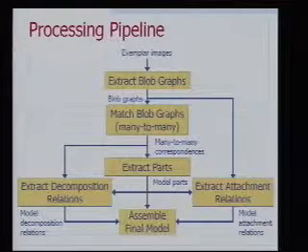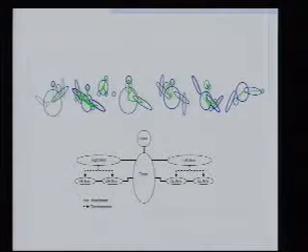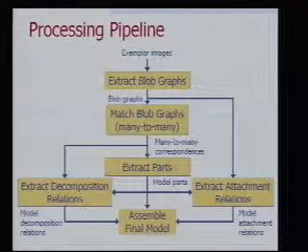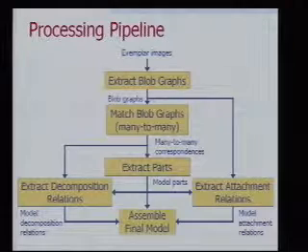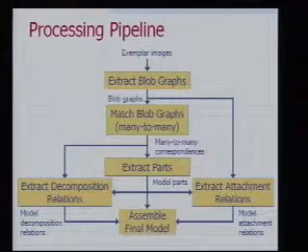And we do that based on this many-to-many matching. Because if you think about it, you can only hope to extract something like this if you can solve the many-to-many matching problem, or the restricted version, in this case, the one-to-many matching problem. So what do we do? We extract the blob graphs. You saw those. We match them many-to-many using the algorithm I showed you. You saw that.